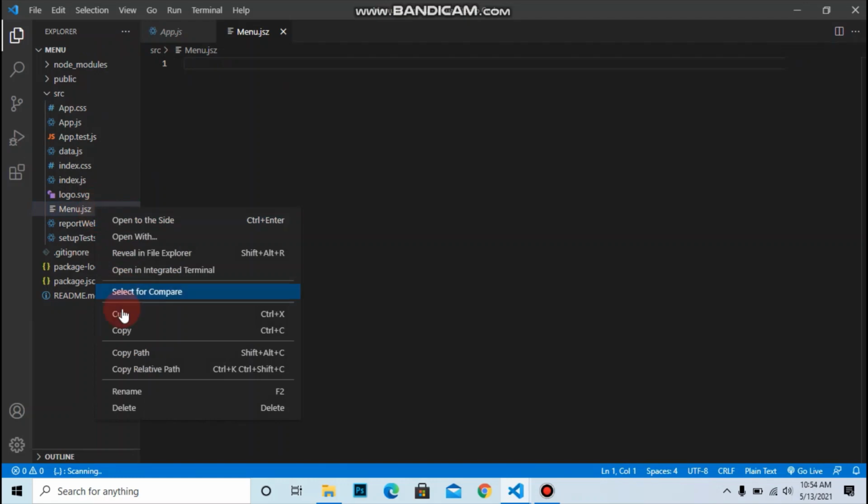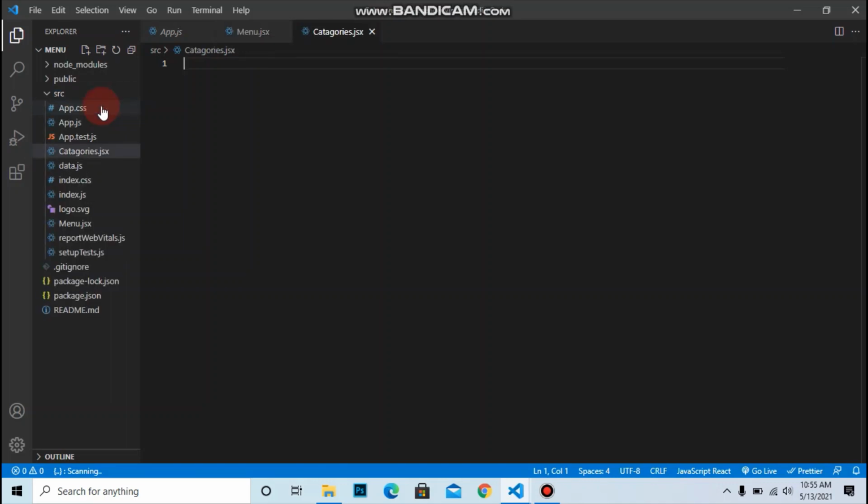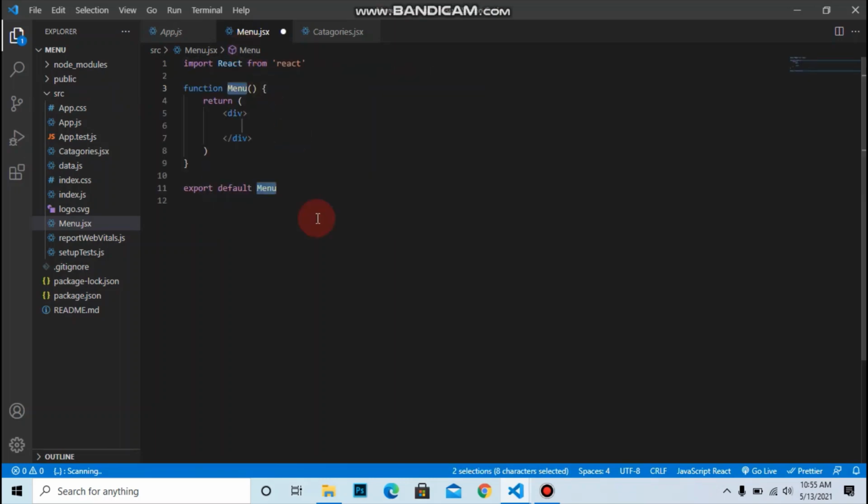Rename this, and the categories file, categories.jsx. In the menu.js, let's make this functional component. I use the React snippet to create a functional component, that is RFCE.